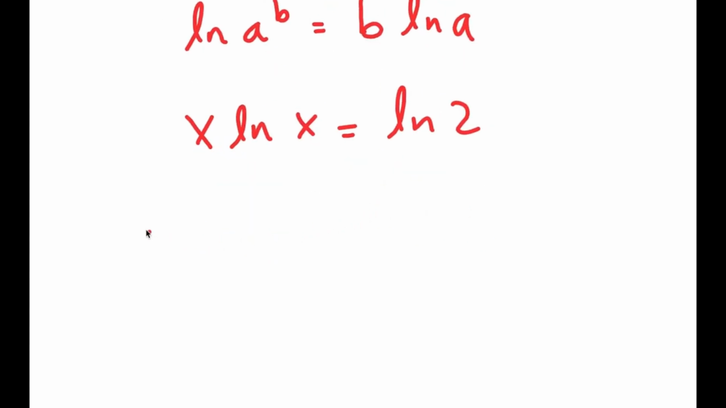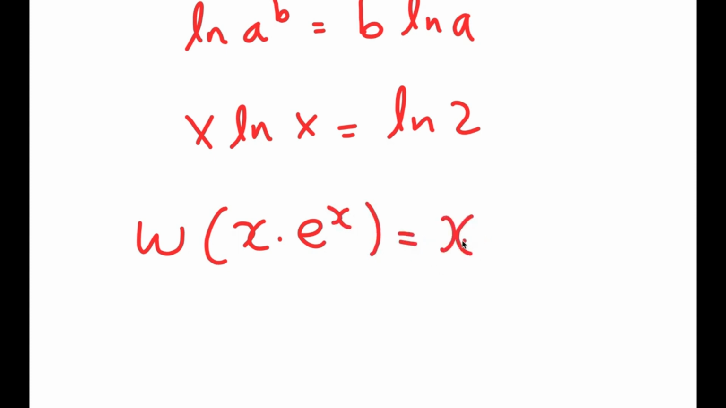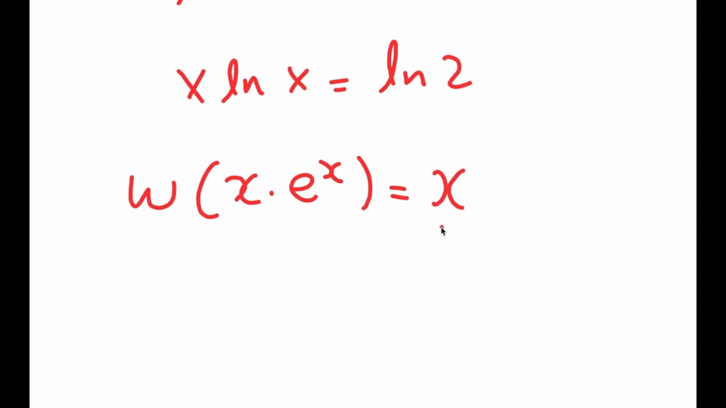Now I'm going to be using the Lambert W function, which states that if I take the W of something in the form x times e to the power of x, this is equal to x. So we're going to want to put this in the form x times e to the power of x, so then I can use the Lambert W function to simplify this. Well, to do that, I'm going to take